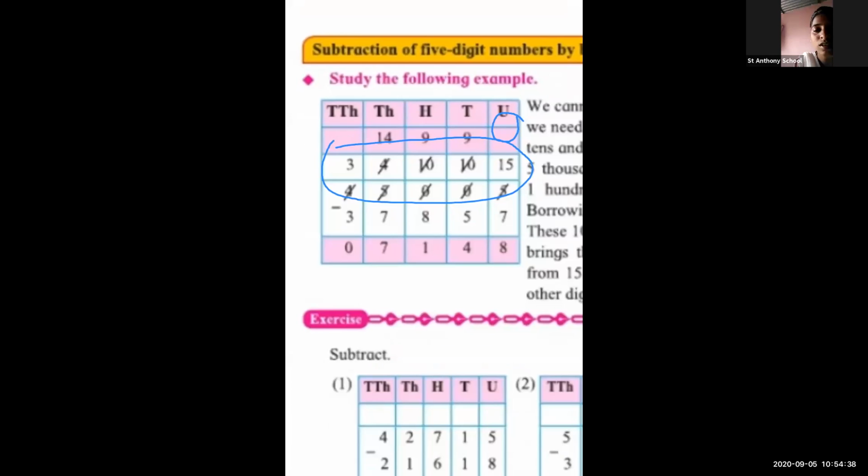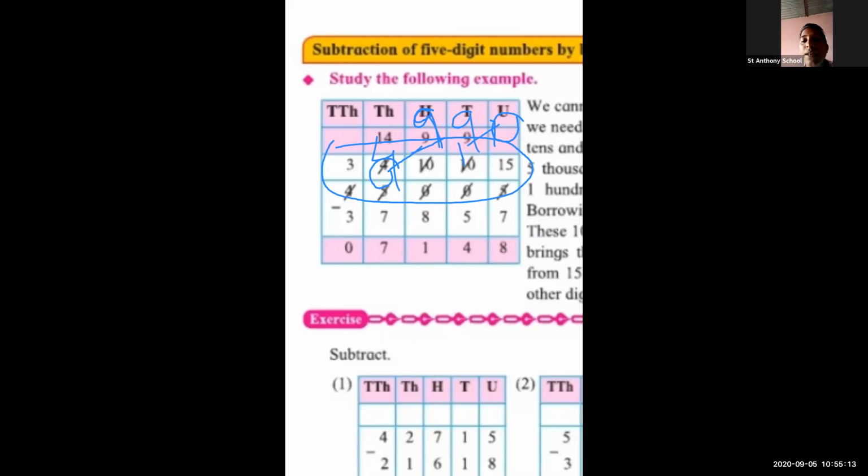From 5, you want to take 1 here, remaining here 4. Again from this 10, you want to give 1 here. Okay. First of all, only 0 is there. So how will the 1 come? From this 10. So 10 minus 1. That means total here, how much remaining? 9. And you want to give the 1 to the units column. So remaining here, again, 9 is there. Okay, how is 1 carried?